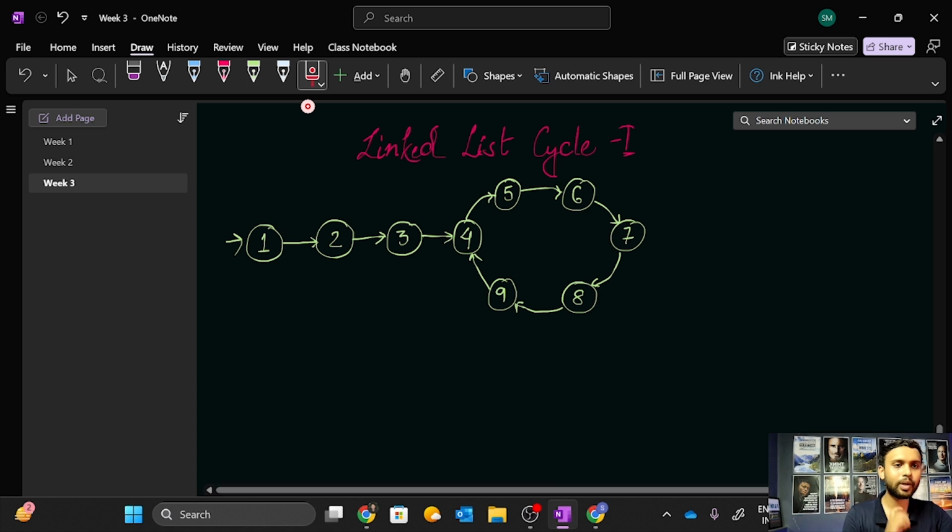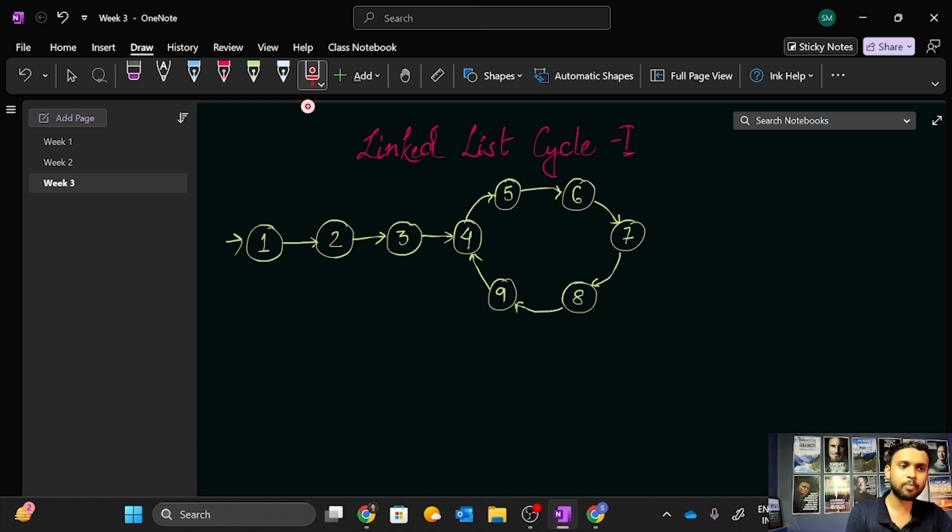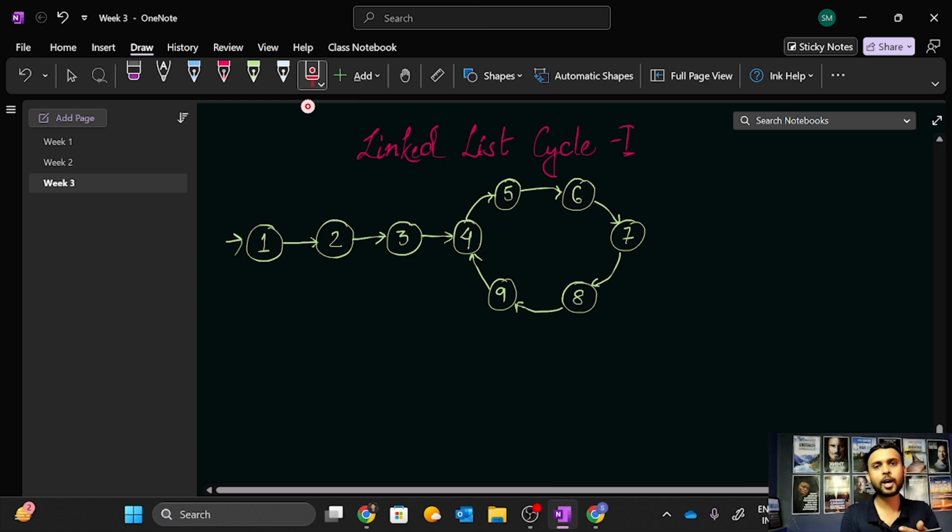So basically I will take the 2 pointers, slow and fast pointer, which are also known as rabbit and turtle pointer. So what I will do is my slow will go one step and my fast will move two steps, okay? So my slow will go and fast will be over here. After that slow will be over here and my fast will come over here, and in this manner when we iterate there will be a point where my slow and fast both will be pointing to the same node,